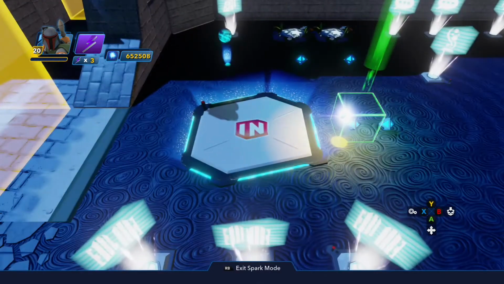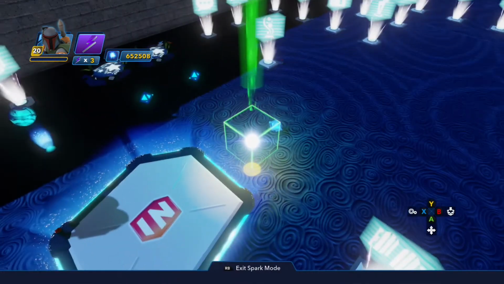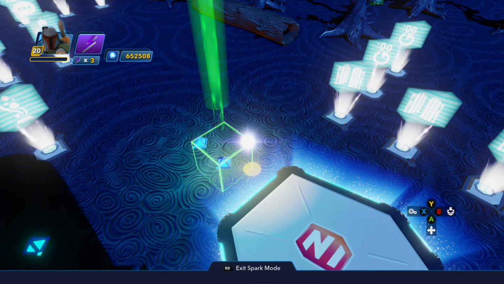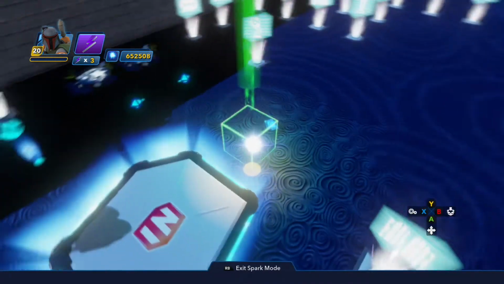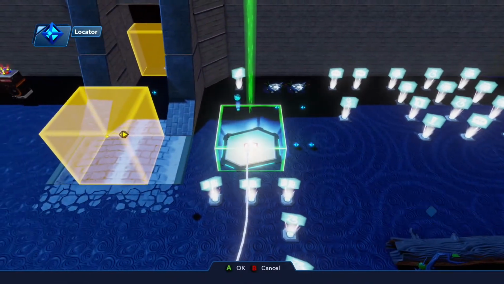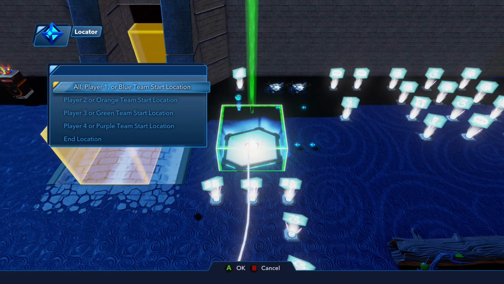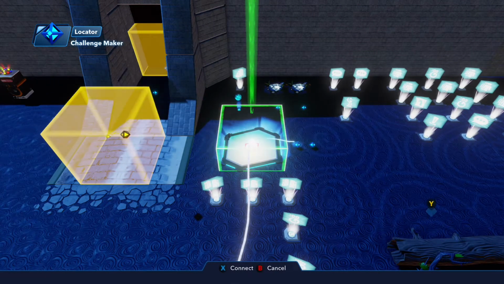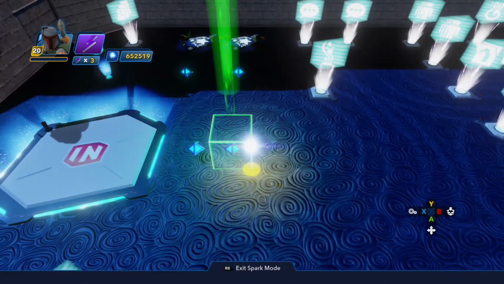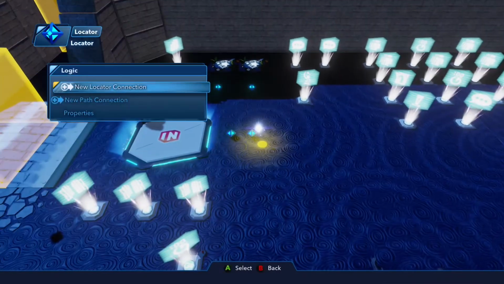We also have a couple locators here. Notice the blue dots are facing forward towards the wall. That's because that's the direction I want the players to face when the challenge starts. So we're going to connect the first one, new locator connection, all player 1 or blue team start location. Then we're going to connect the second one, new locator connection, and this will be for